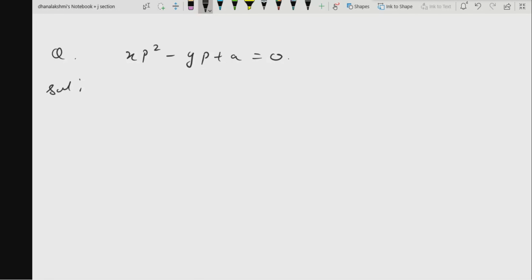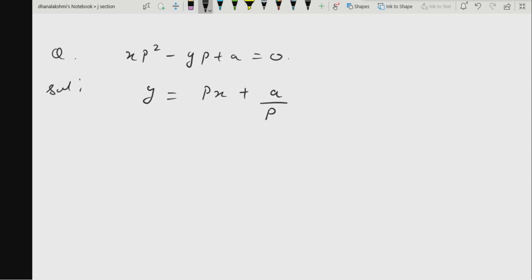Understood? There is no restriction that you have to solve it in a particular manner only. Since they want you to solve this particular problem, you can solve this for p, you can solve this for x, or you can solve it for y also. Let me write this as y is equal to, what I will get, px plus a by p. So as you can see, this is in Clairaut's form. Is it or not?